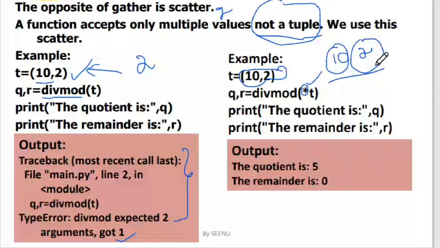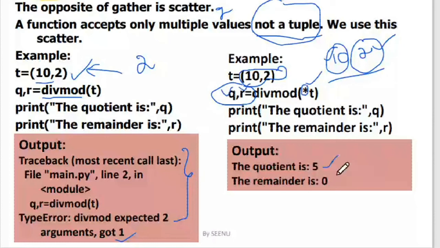And now it will apply this divmod method, whatever the functionality of this method is, on it. And it will return the quotient and the remainder, which we are taking into this particular compound assignment. Since the return type is a tuple, the tuple can be assigned to Q and R like this. The first result is taken into Q and the second into R, where the first is the quotient and the second is the remainder. When I print, the quotient is 5 and the remainder is 0.